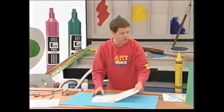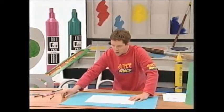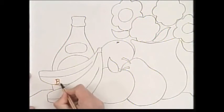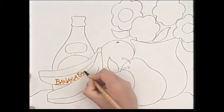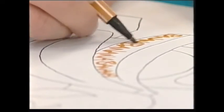Okay, how's about a crazy colouring in technique? Same picture again, only this time I'm going to colour it in using words. No, I'm not mad. You watch this. I'm simply going to write the words for whatever it is I'm colouring in. Banana. And I'm going to keep writing banana on the banana. And you can write it as big as you want or as small as you want, but just keep writing